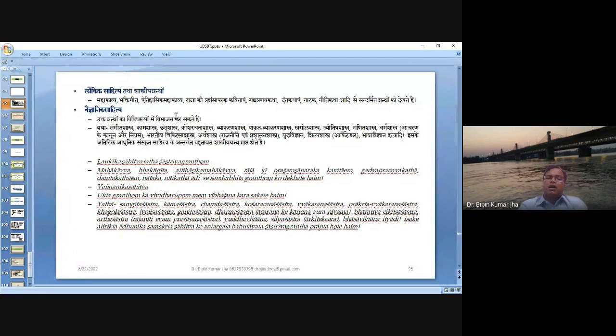We can go through those texts, we can understand. For example, if you are talking about the behavior of a king, who will be the king, which type of king is beneficial for the country, the nation, what will be the eligibility of the minister, all these things are mentioned in the Arthashastra of Kautilya. You can know him easily if you are talking about the Maurya dynasty. So Kautilya's Arthashastra is a very